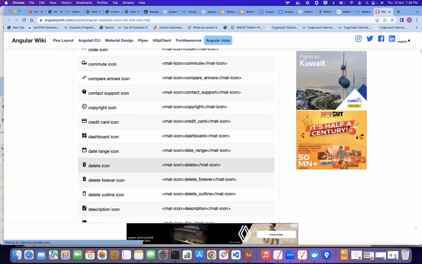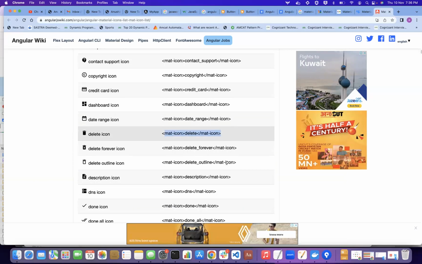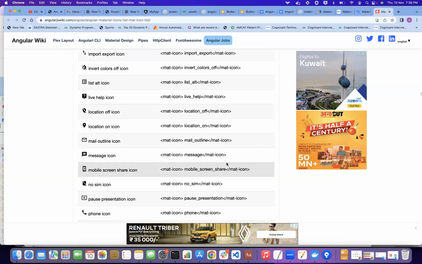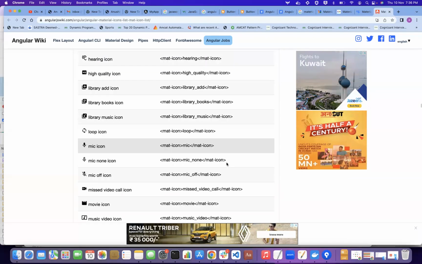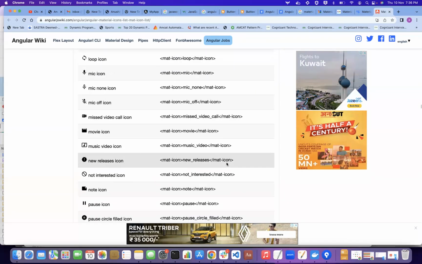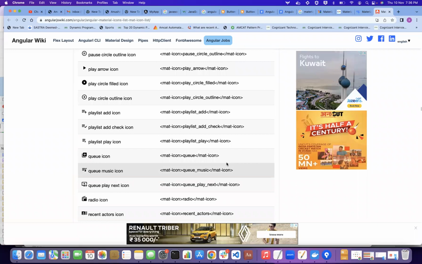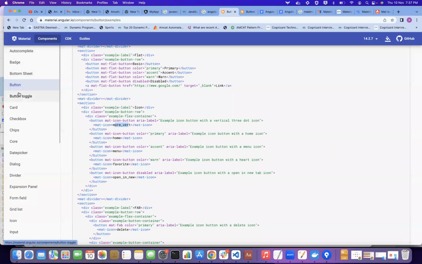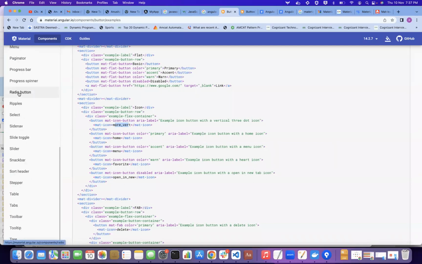Suppose you want to use this delete icon, mat icon delete. Likewise, there is a list. You can check and you can access it in your web page. Any doubt? No doubt. Okay. Apart from this button, we also have